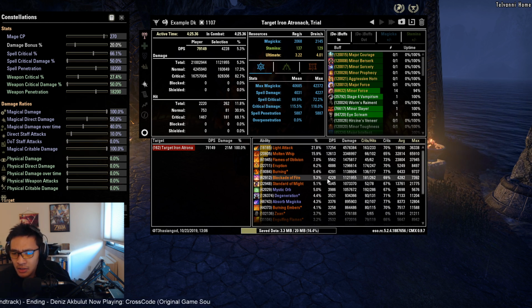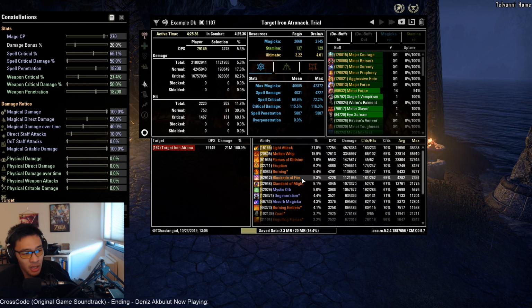So Blockade of Fire, you can see here, is about 4.2k. With Unstable Wall, you will be getting higher DPS from Unstable Wall, just in terms of both the dot as well as the explosion part of it, but your sustain will be a little bit worse. So if you took a look at our overall sustain,